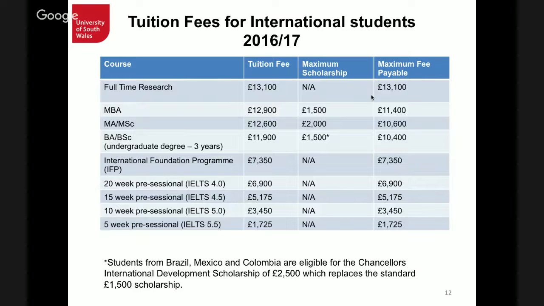Now, as I mentioned, we'll talk about entry requirements in a second, but you will need to have IELTS, okay? IELTS 6.5 is the entry requirement for a postgraduate Masters, and IELTS 6 with 5.5 in each band is the entry requirement for an undergraduate degree. And if you're below these entry requirements, then you would need to do an English pre-sessional course. So you can see on the screen here that you have a 20-week, 15-week, 10 and 5-week pre-sessional, and the tuition fees are there for you. You don't need to worry too much about this, because if we think you need to do an English pre-sessional programme, we will be able to guide you on which of these pre-sessionals is best for you.